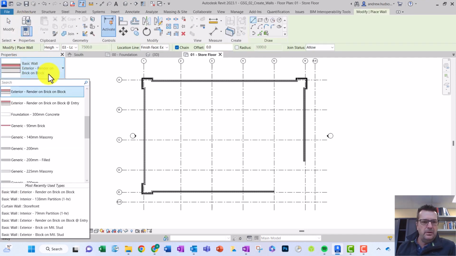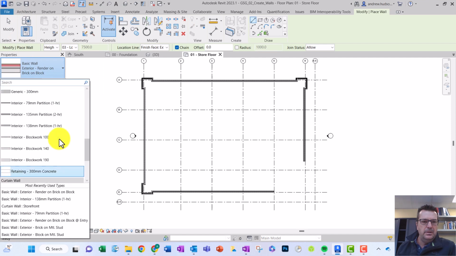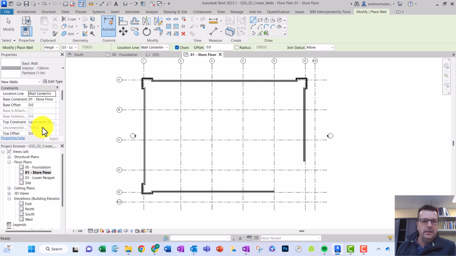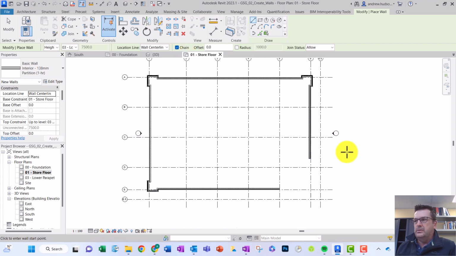So now we're going to select a different type because we want an interior type of wall. So we want interior 138 if we've got it, 1 hour, that one there. In the options bar, change the height to be the lower parapet. So lower parapet, that's it there. Change that to be the wall center line if it's not, which ours already is, so that's good. I think that's about it. And use the image that you can see on your OneNote to draw some walls in